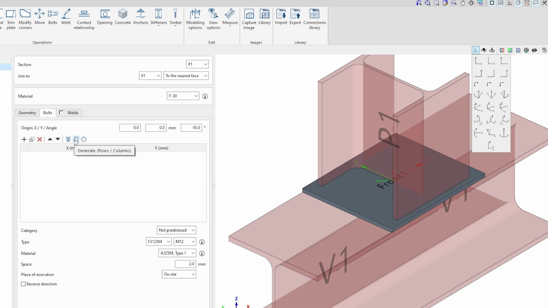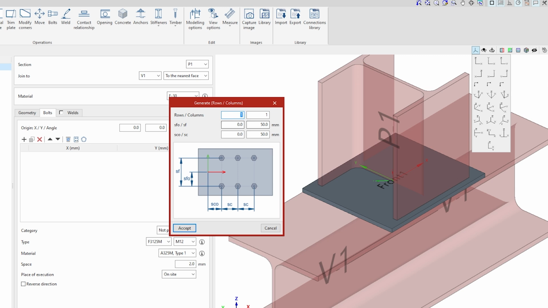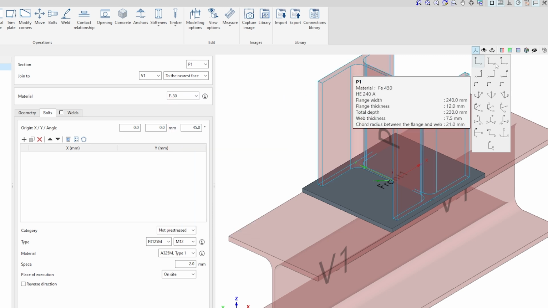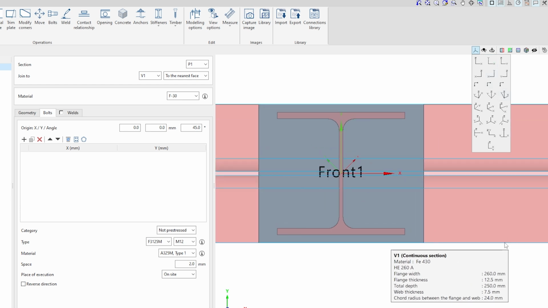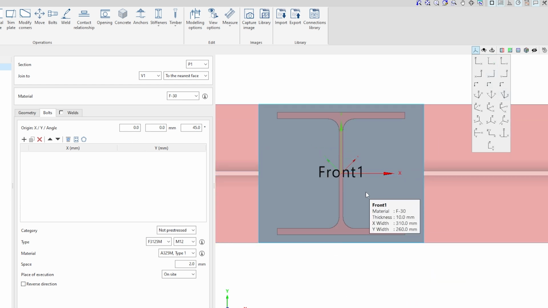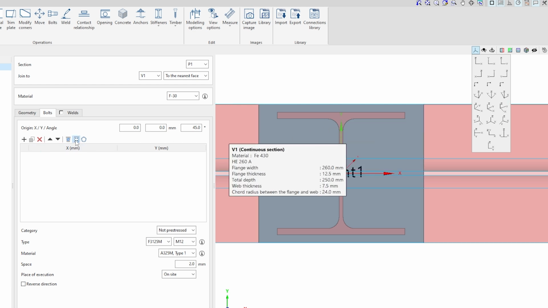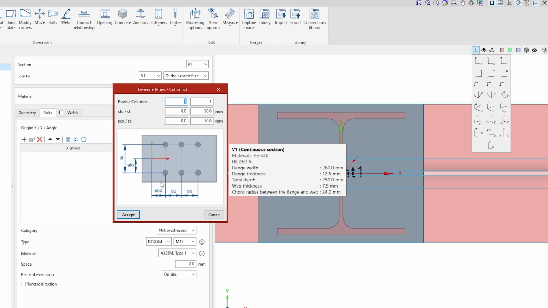Let's see how we could do it with the other operations that we said, and generate rows and columns. So maybe if we change the projection first to X and Y, we can better see this. If we're looking at the plate as this, X and Y in the vertical direction, and we click here, we will be looking at sort of the same thing as the drawing. So if we say 2 rows and 2 columns,